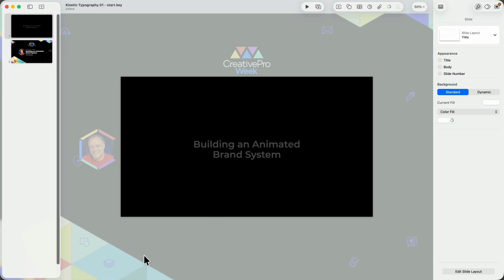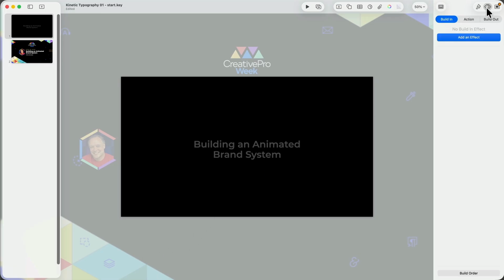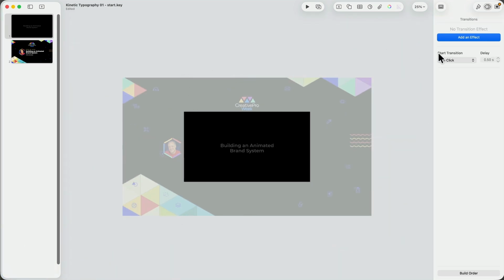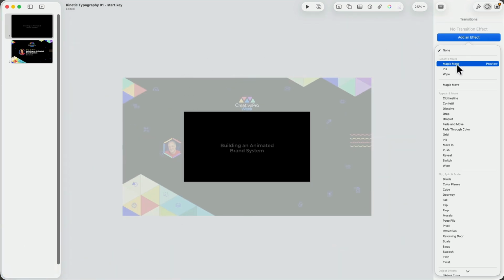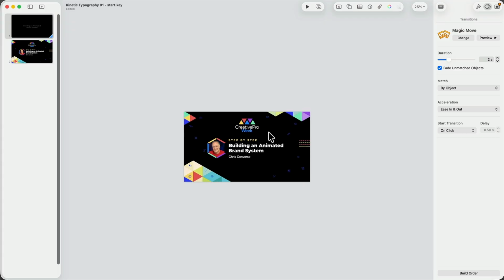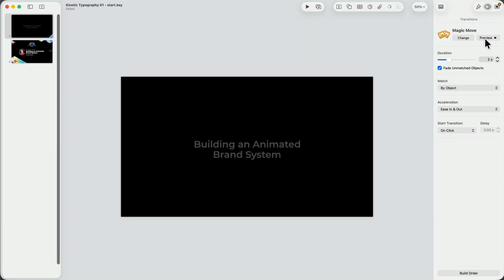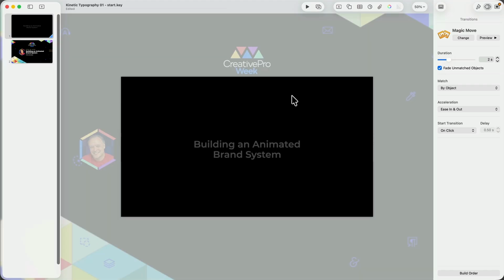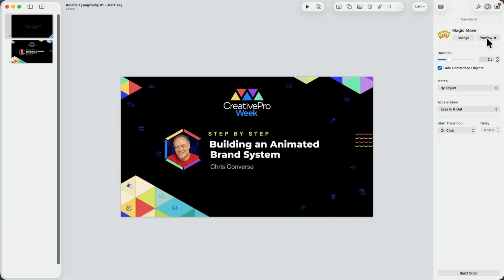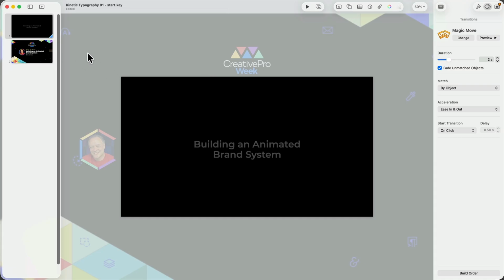Back at the main slide level, let's come to our transition. Make sure nothing's selected. I'll zoom out. Add an effect. We're going to add Magic Move. Now you can see that automatically playing the first time I select it. We can come up here and click preview, and now you can get a sense of all of that type moving around. We'll play that one more time because it's just too fun. Now for my name, what happens on Magic Move is anything that is not matching will fade automatically.